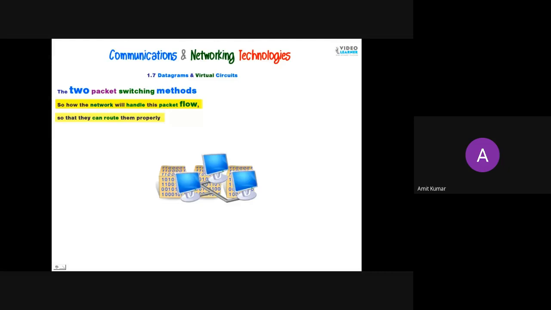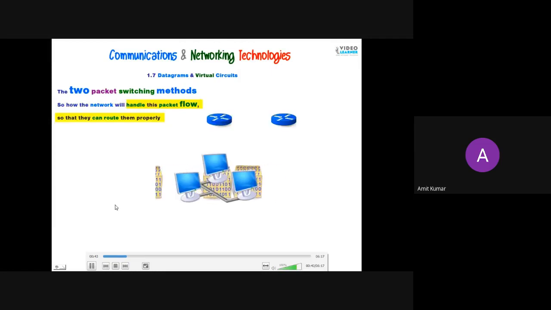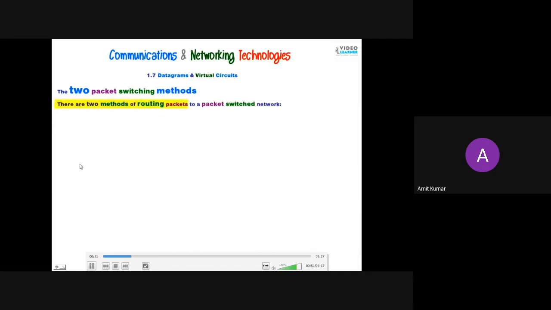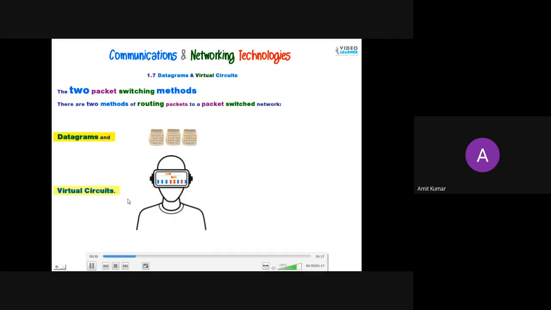First one is known as datagram, and second one is known as virtual circuit. We need to route that message properly so that it can arrive at the destination point. So there are two methods of routing in a packet switch network: first is datagram, and second is virtual circuit. We are going to learn the difference between datagram and virtual circuit network.